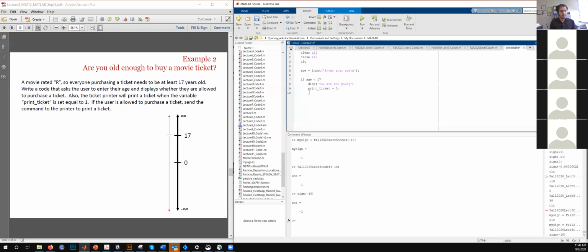Now, do we need an else if, or can we directly go to else? Can we change the age to less than or equal to on the first if? Yeah, but should we need to do that with an else if, or can we directly go to else?